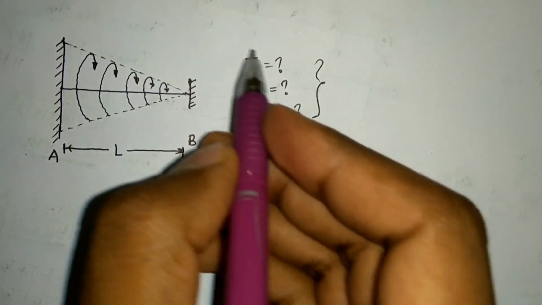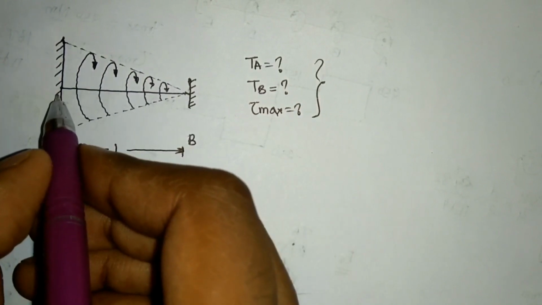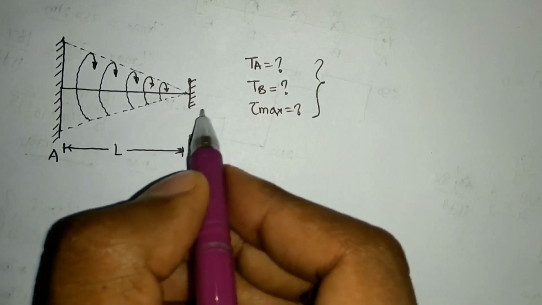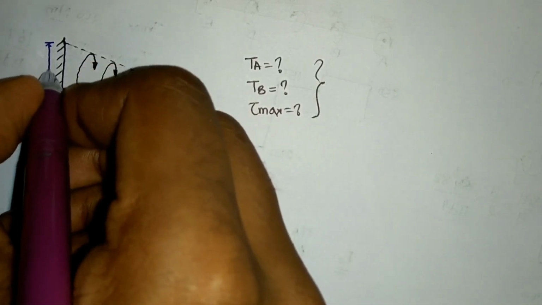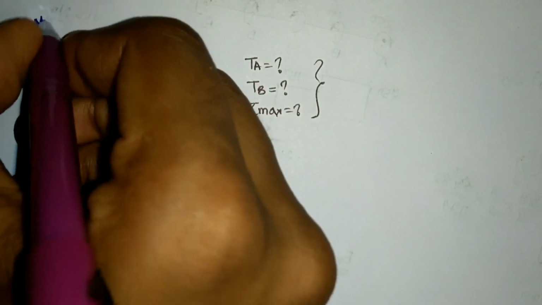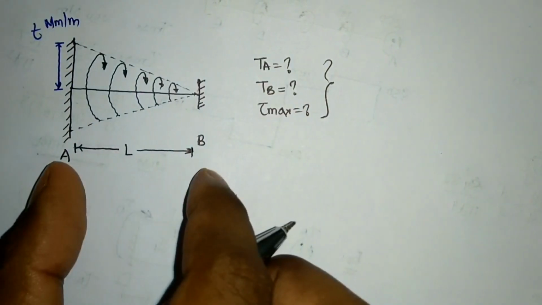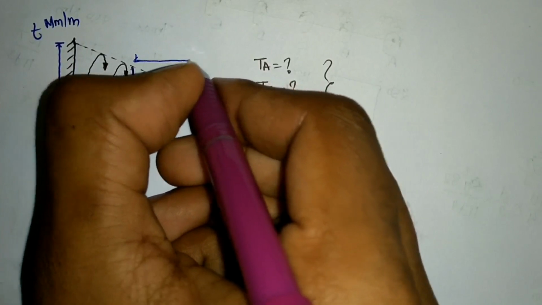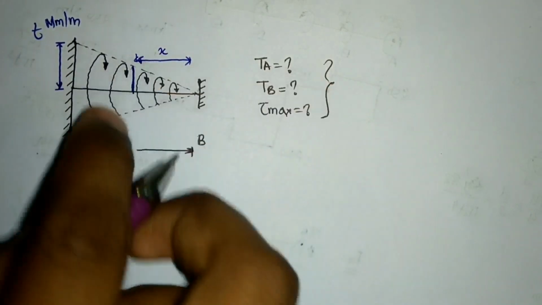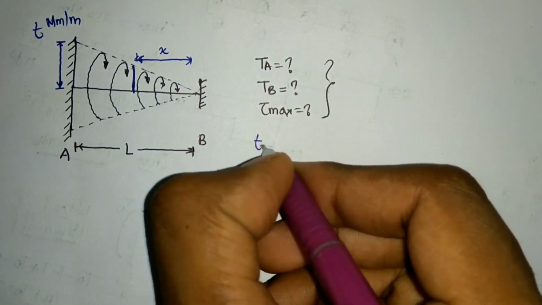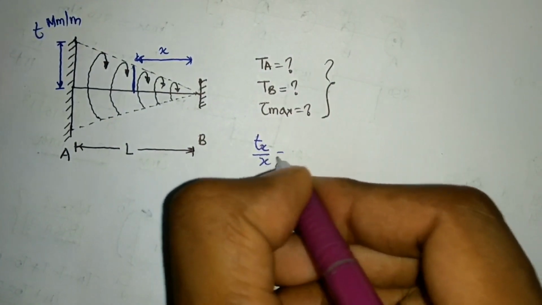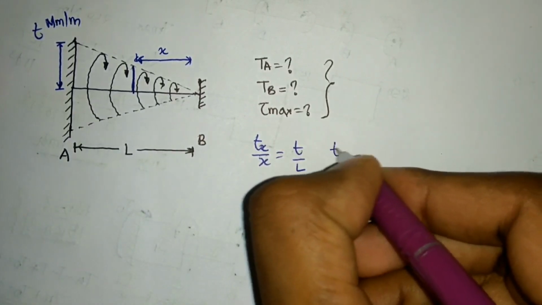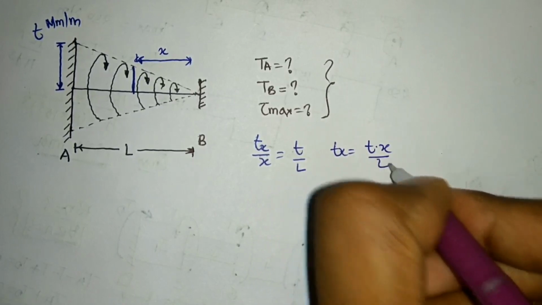Okay, so let's say this is our last case, where the torque is uniformly distributed over the shaft AB. I am having this shaft AB and the torque is uniformly distributed such that it is T Newton meter per meter at the end of length L. So if I say the height at any general x, the height of this distribution will be how much? Tx at any general x divided by x is equal to T divided by L, because it is uniformly distributed, a triangular distribution, so Tx is equal to T into x divided by L.